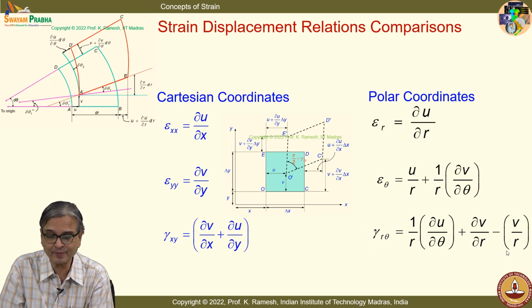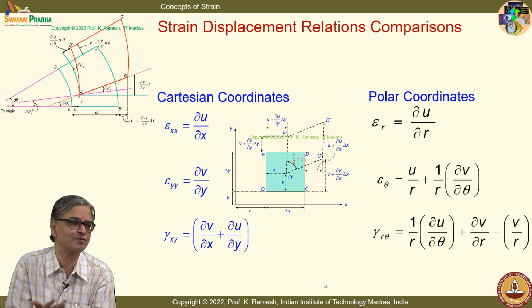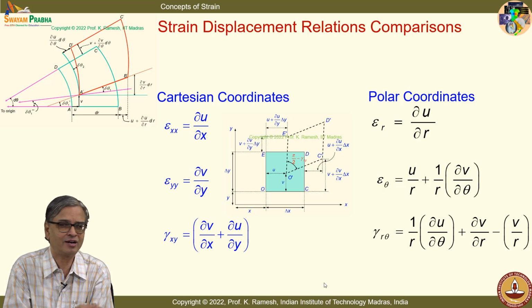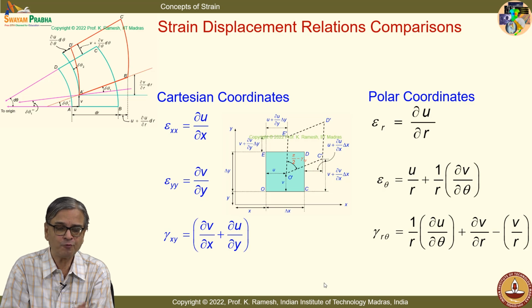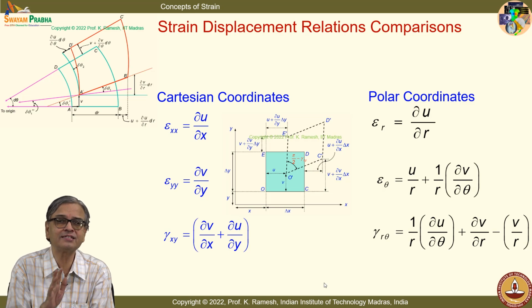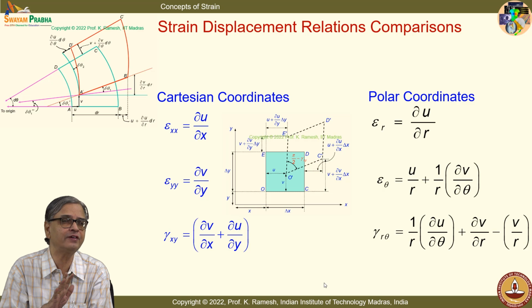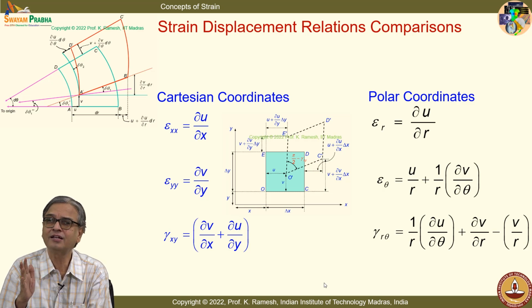I have this as minus V by R for the shear strain. For the tangential strain, I have U by R. That you will have to remember or learn, or you can draw the sketch and then write it. So, that cannot be avoided. Okay. See, with these definitions of strain, we can comfortably do strength of materials, but you are learning this course